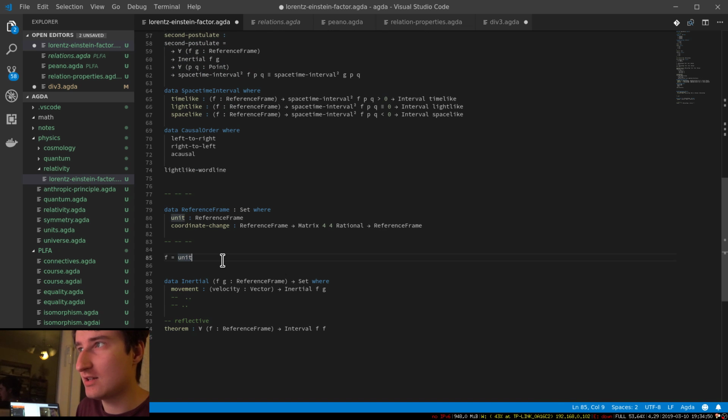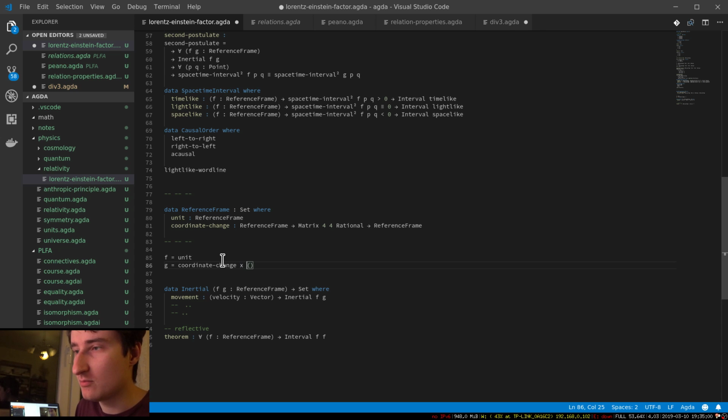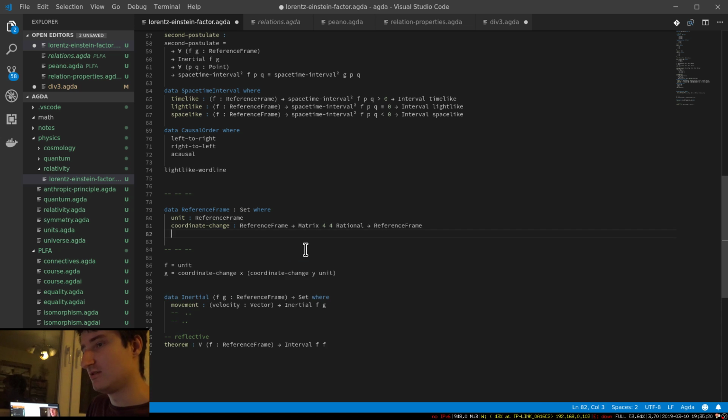So we have limit, and we have and we can change coordinates, change them again, and for some x and y get a new reference frame. Next,